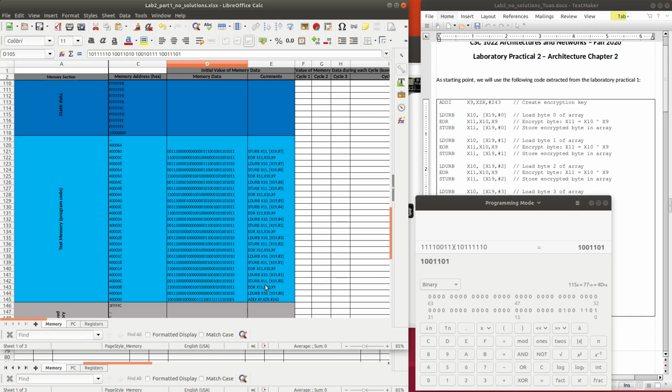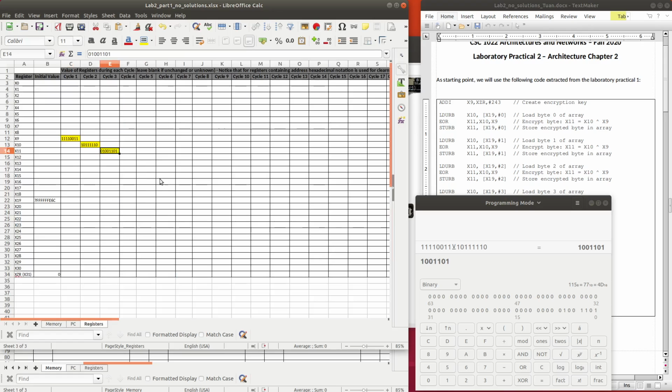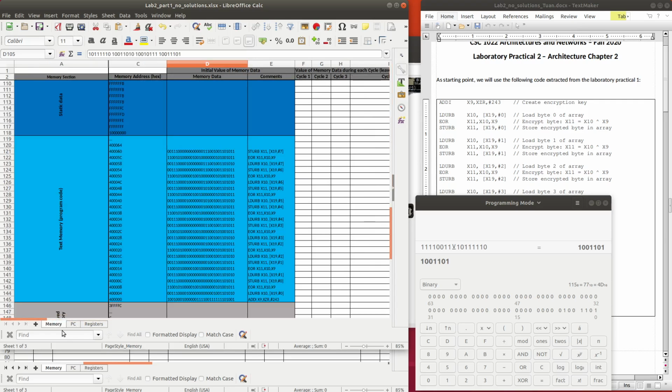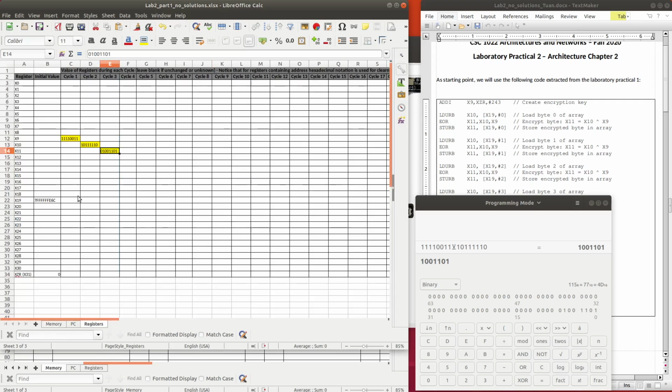The value inside register X11 will be stored back to memory with the base address in X19 and the offset address of 0. So we know that this value 01001101 will be stored back into memory, and which address? The address is shown by X19 and offset address 0.